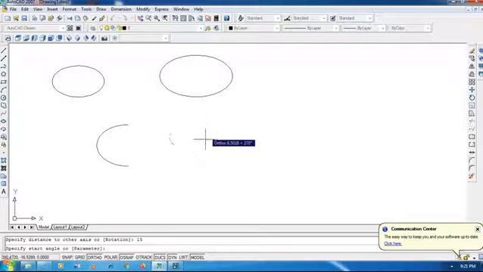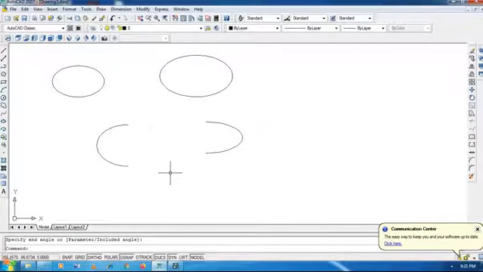Now I am going to select this start point and this is the end point. On the basis of whatever start point and end point you select, the software will create the curve, an elliptical curve.